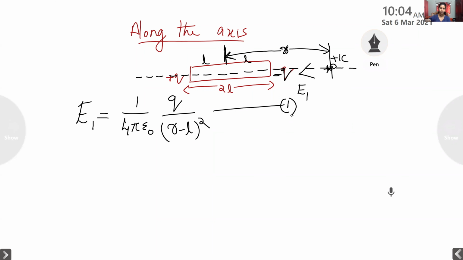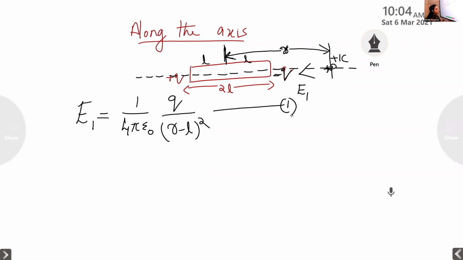Okay. So the case of the negative charge is over. Now we can concentrate on the positive charge. Here there is a plus Q. Here also the plus Q experiences a force due to this plus 1 coulomb charge. What is the force experienced between this plus 1 coulomb and plus Q charge?